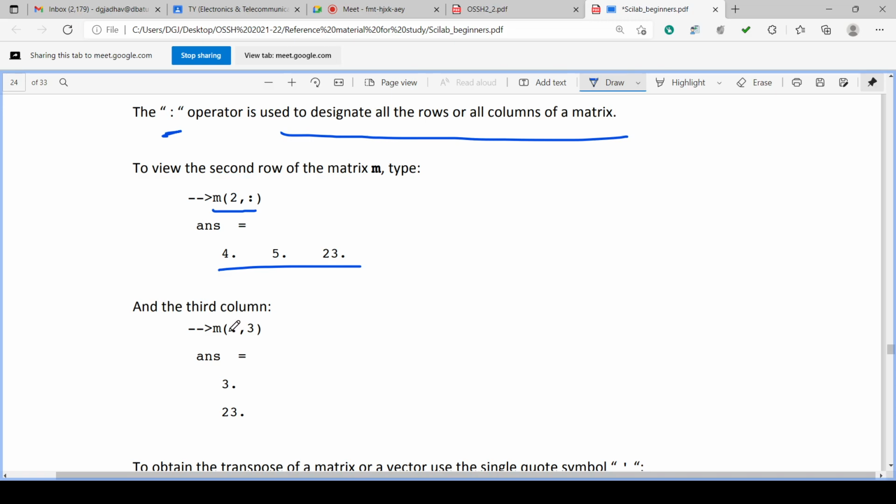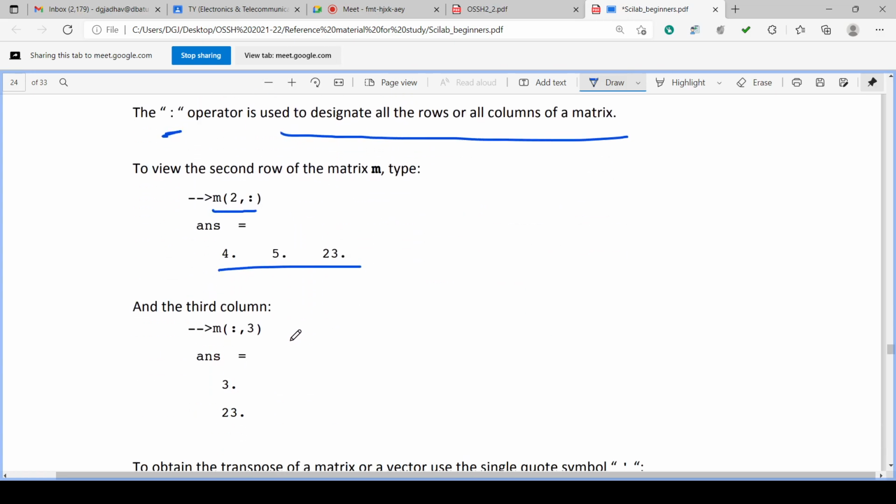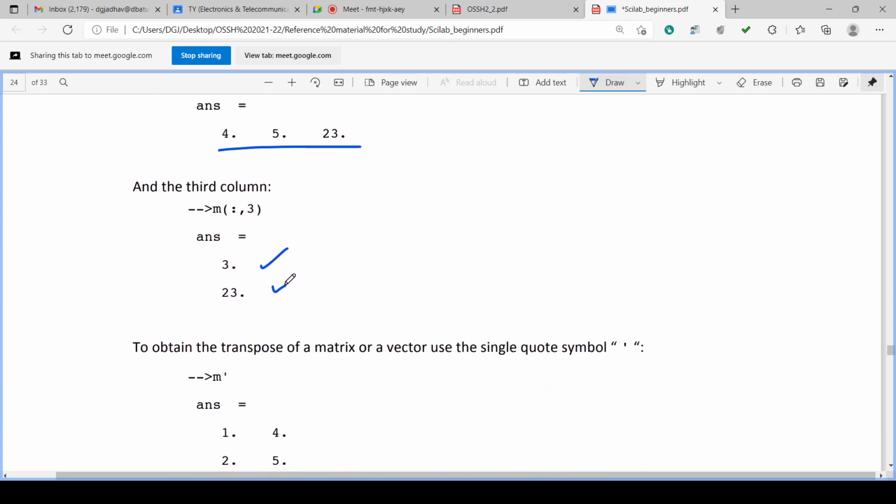Similarly, if you want to check the column instead of the row, you can write m(:,3), that is third column, all the rows. So this is first column, this is second column, this is third column, all the rows: 3 and 23. So 3 and 23 are shown.